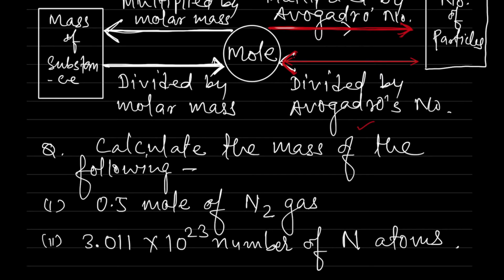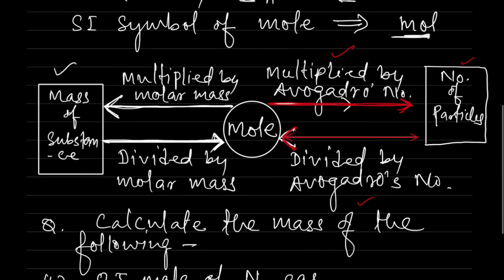See, first of all, we are seeing the problem is given here, that here mole is given. We have given the mole. So 0.5 mole of nitrogen gas is given here. See, with this relationship, we can see that mole is given here. Mole is given, and the question is asking about the mass of the substance. यानी मोल दे रखा है और हमसे पूछा जा रहा है कि आप फाइंड आउट करो इसका मास. So see, mole is given here and mole is correlated with the mass of the substance. Why, how can we convert that mole into mass of the substance?